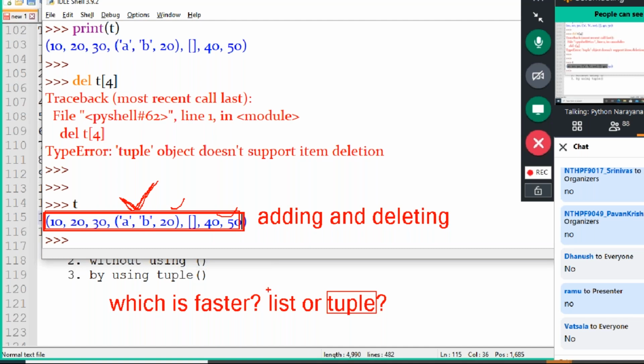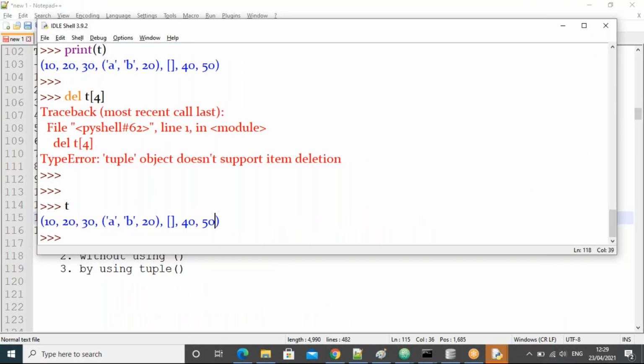But the list keeps supporting adding and removing elements, and for adding and removing, different functions are there. That's why it is a little bit slower than the tuple. Tuple: no adding, no deleting, and the same data stays. Are you all clear on this question of which is faster? The tuple is faster because it does not support item assignment or item deletion.